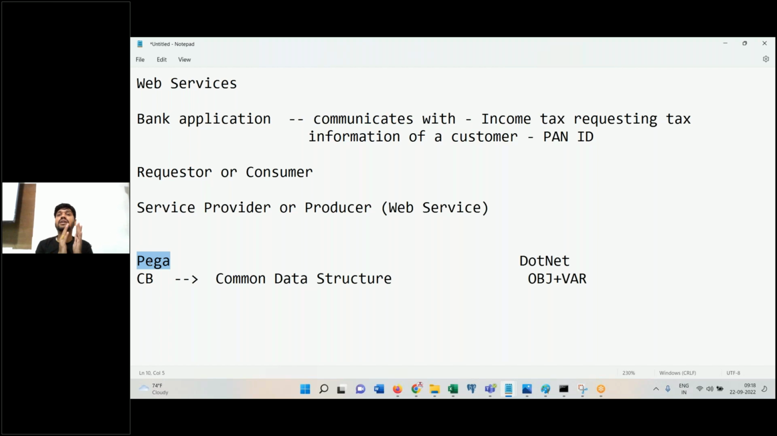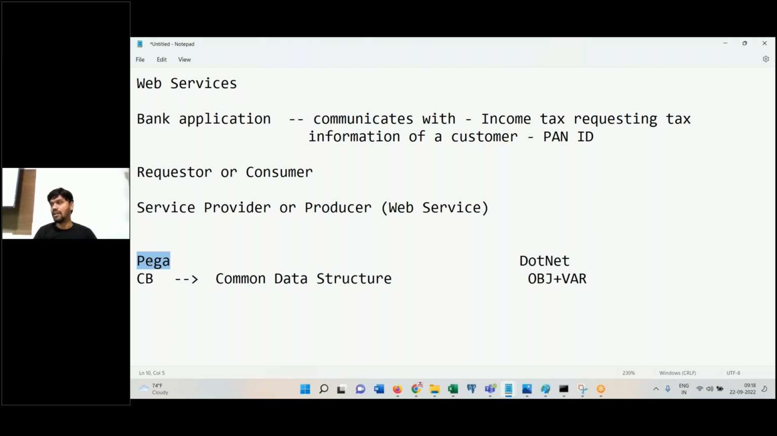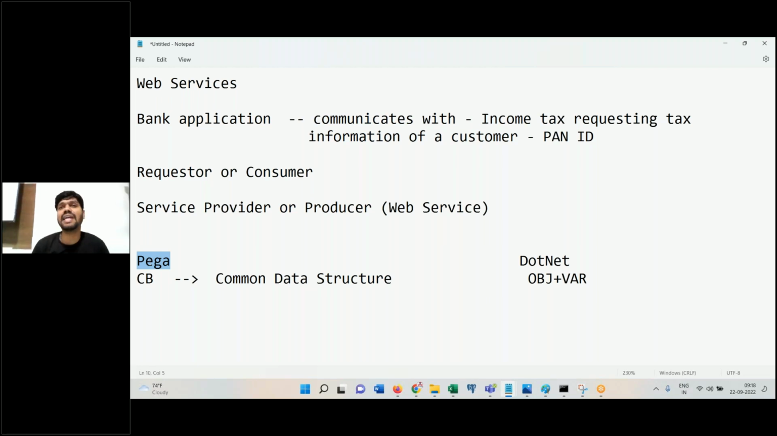So if the system is a consumer system or service provider system, no matter, on both ends we need two different translation techniques to be implemented. That is common language to native language, and native language to common language. These two techniques have to be implemented. Okay. So native to common,